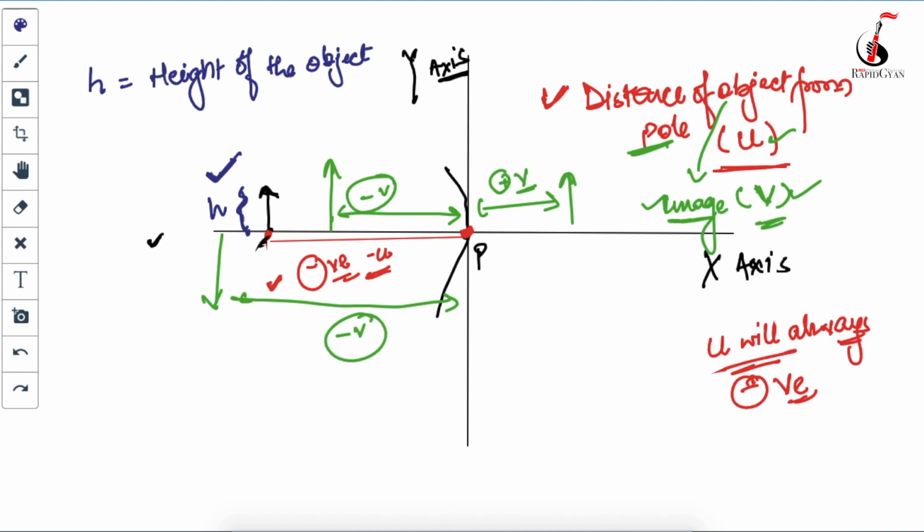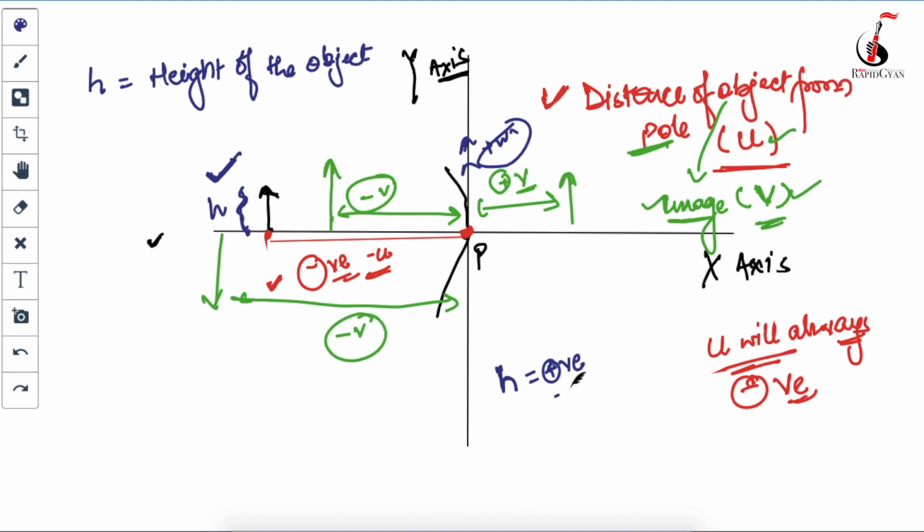So this is your image. We are always going to put our object like this. So you can see that it is going up. See, the y-axis going up means it will always be positive. So the value of h, just remember this, guys, for class 10th, the value of h will always be positive if you are going to solve any numerical.